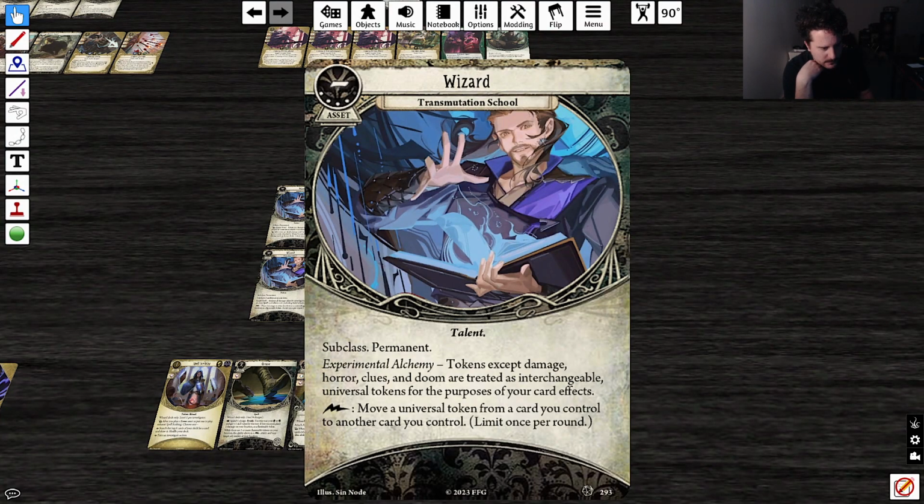Transmutation School. Tokens except damage, horror, clues, and doom are treated as interchangeable universal tokens for the purposes of your card effects. Oh, that just changes so much. Move a universal token from a card you control to another card you control. Oh my god. A universal token. So like secrets, charges, bounties, etc. Offerings? I mean, that seems really good with the masks. Right? Basically, anything becomes a battery for,